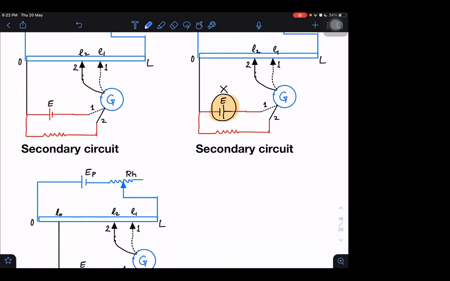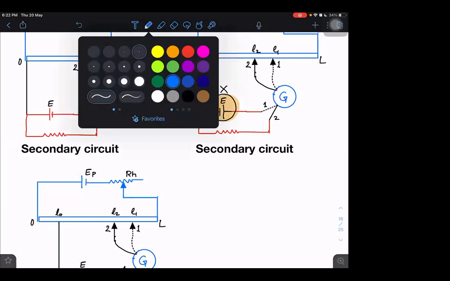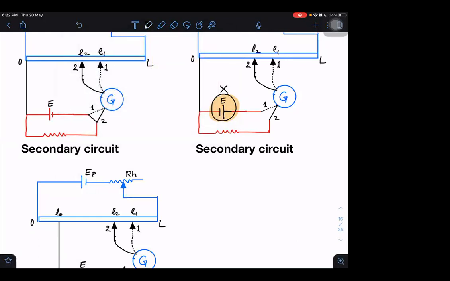Wait a second, I think I should mention one thing. Just wait a second. I think I should do it this way. No, just wait. What should I do here? Here this part is taking care of. Okay, wait, I think I have done it wrongly. Just let me correct it once.